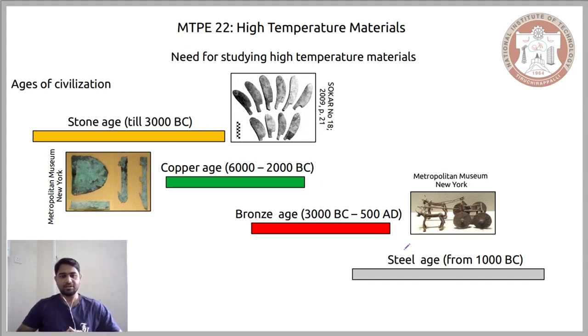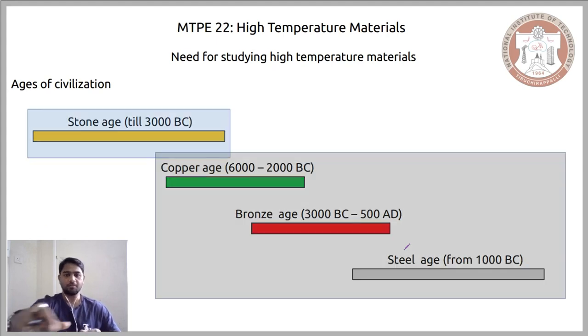Now, these are the different stages in our civilization, or the progress of the human race. One can categorize the Stone Age apart from all the rest, because particularly from the standpoint of high temperature materials, in the Stone Age there was not much relevance to high temperature materials. High temperature in the Stone Age served mainly just two purposes. One was for cooking, and the other was for creating a heat source